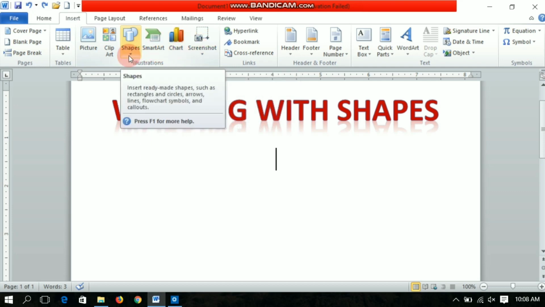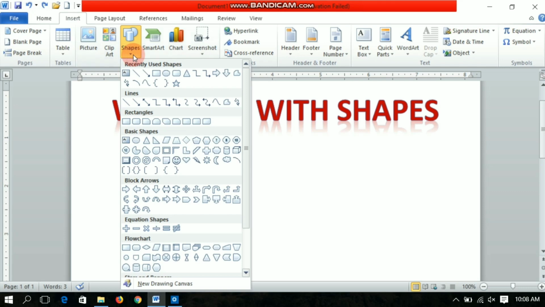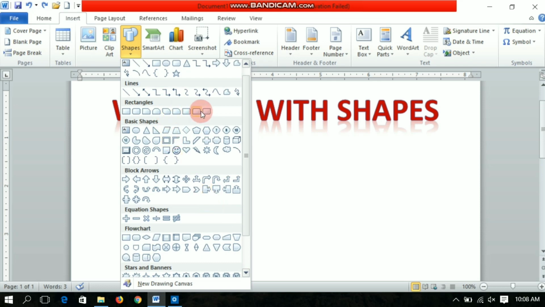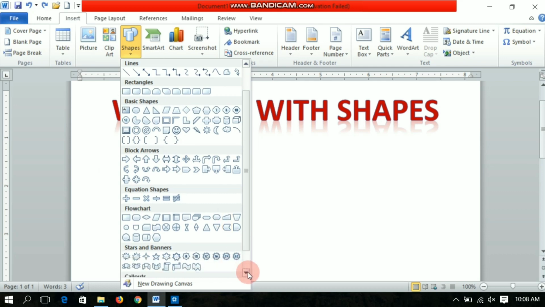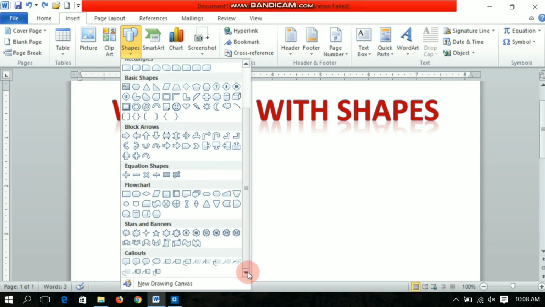So you have to click on the drop down button of shapes and you will find various options here like lines, rectangles, basic shapes, block arrows, equations, flowchart, stars and banners, callout, like this. And you can choose any one of these.